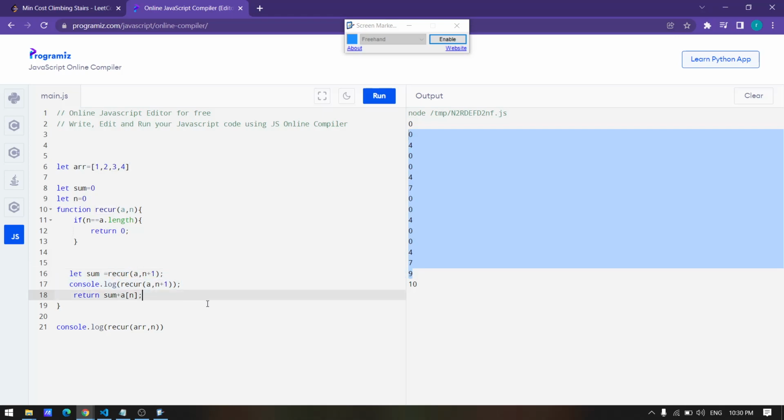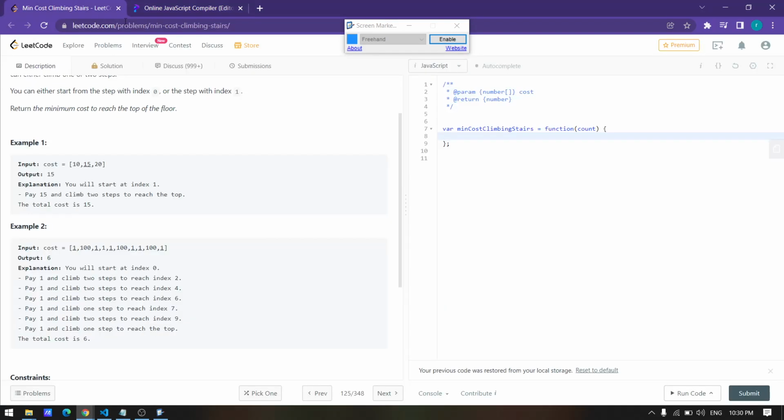The main point is this. If you get this simple example, I'm going to tell you about the next problem, minimum cost climbing stairs. So how will you solve this problem? You have to take either 10 or 15. It is good that we create a graph for it, like we plot some graph.